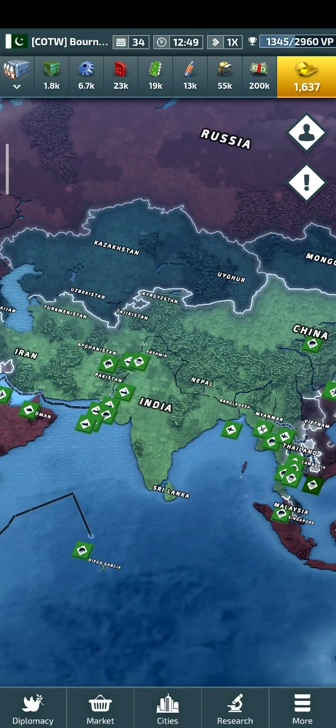This game basically has different cities, so each city specializes in producing something. For example, in Hyderabad we see the orange symbol which reflects rare materials, so that means that Hyderabad is producing rare materials. In Karachi we have